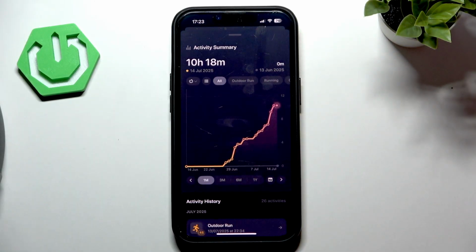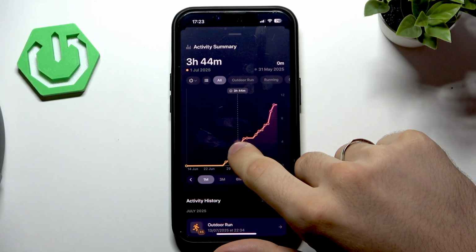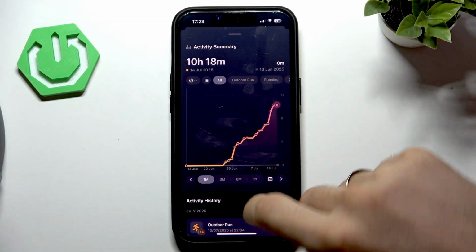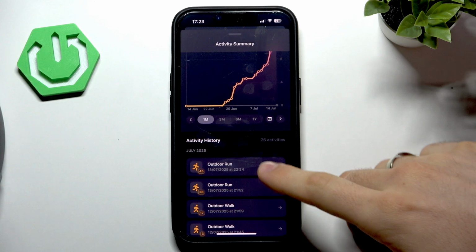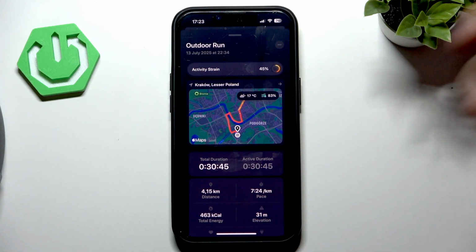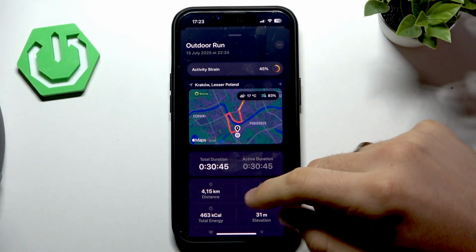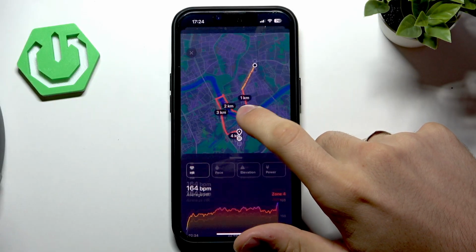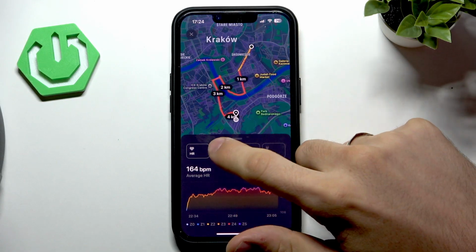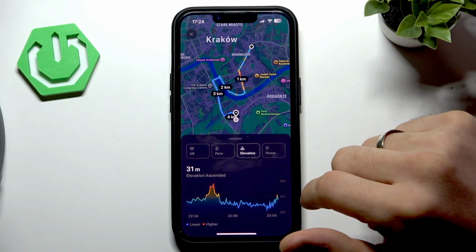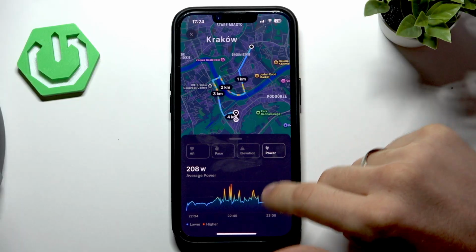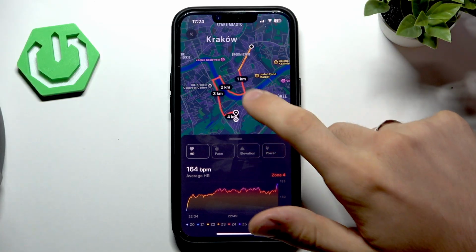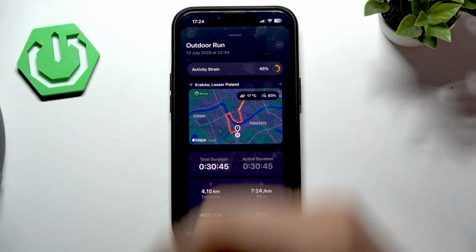Activity summary. Here is the activity summary from Apple Health. So, outdoor run, and here is our workouts overview, right? So here I have, for example, the map. I can open this map. I can check out the pace. I can check out elevation, power, and other interesting information, heart rate, and I think this is maybe one of